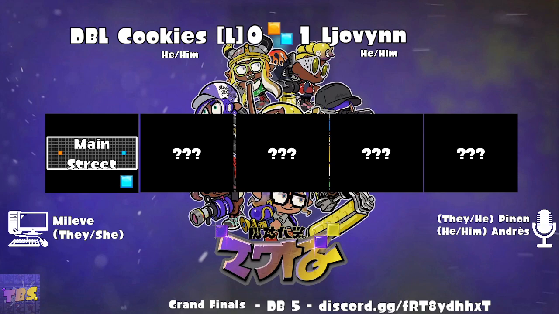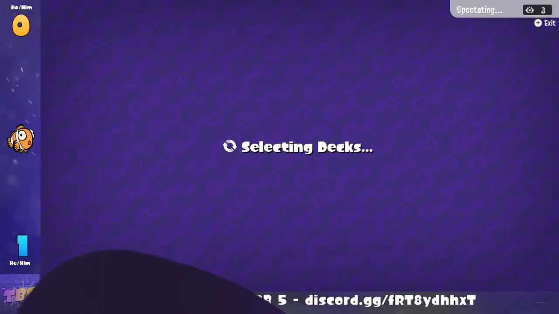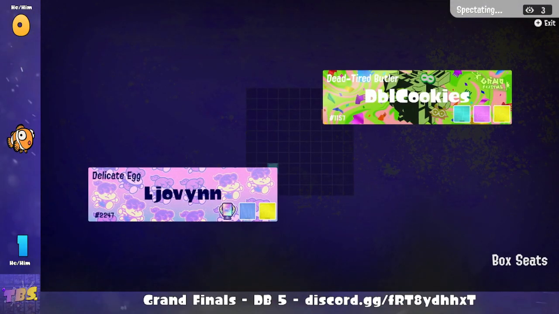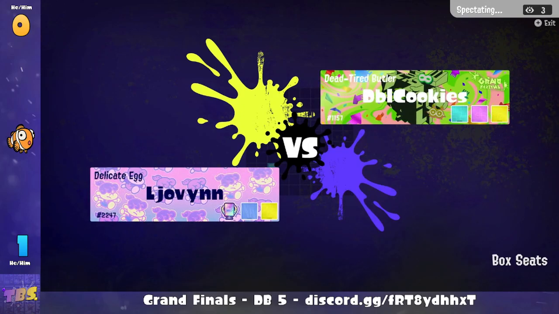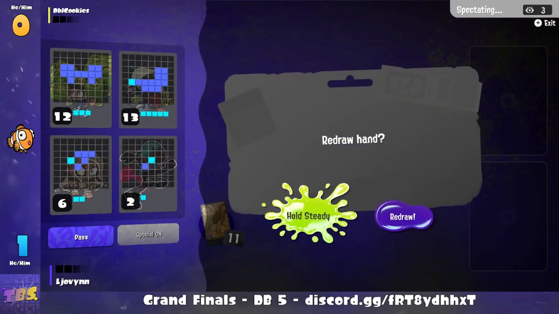It's definitely one of the more interesting stages. It's only 100 tiles in total, 98 if you take out the starting blocks. It's just a tiny little square. As we see, some very...